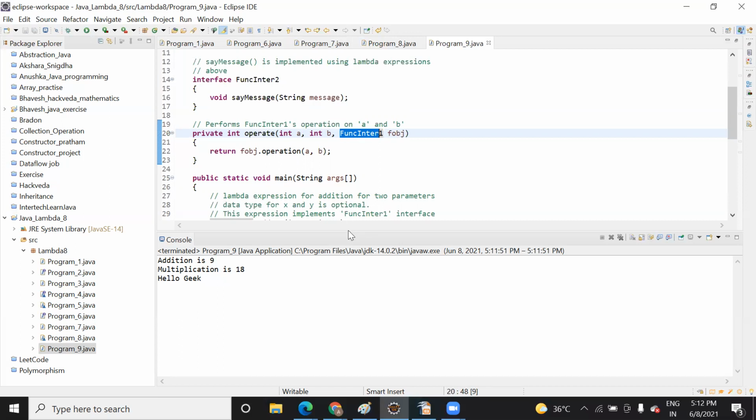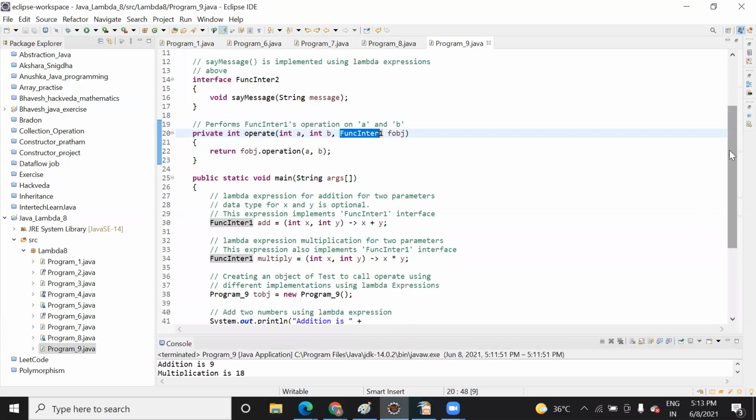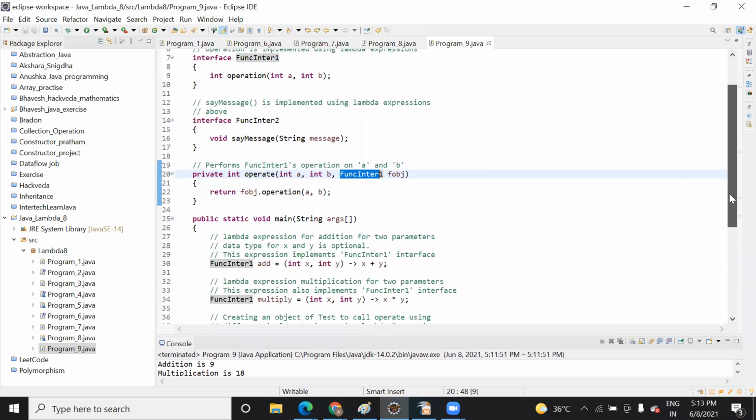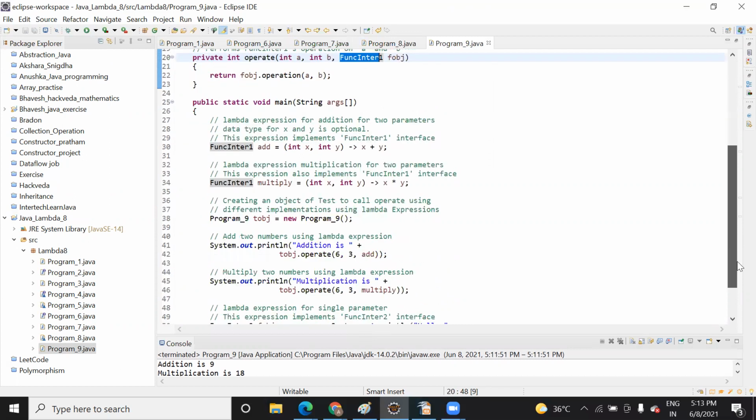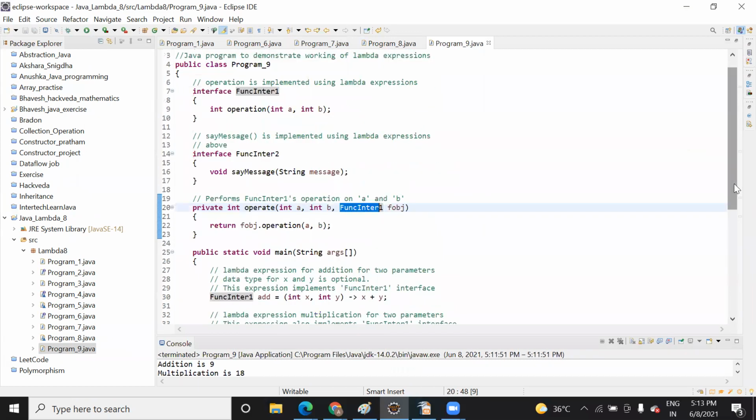Even I think you are not able to see the complete code, so it will be difficult, right? Is it easy to understand the lambda expression, or complex? The lambda expression is easy, but I am still confused about how you are passing the object. Passing the object in this program.